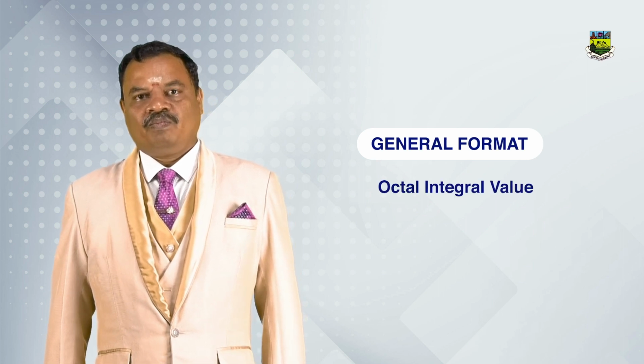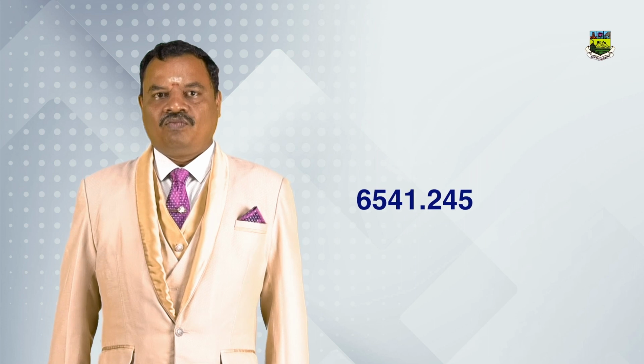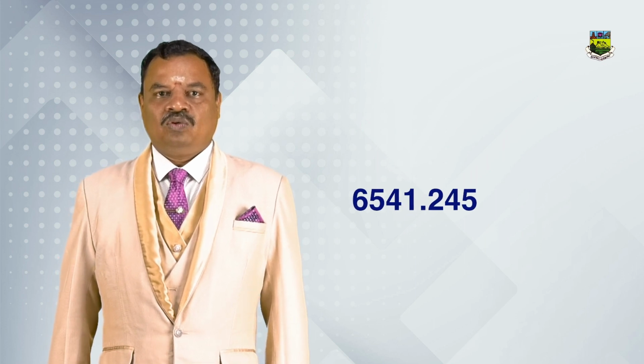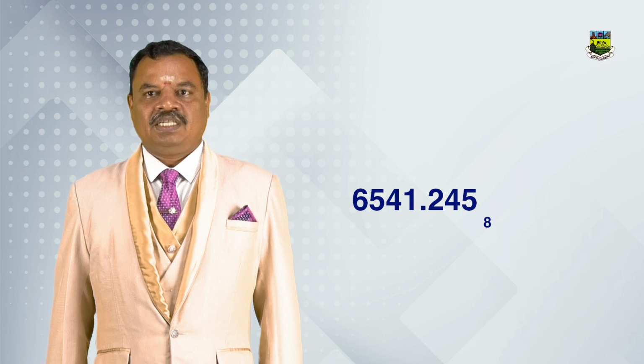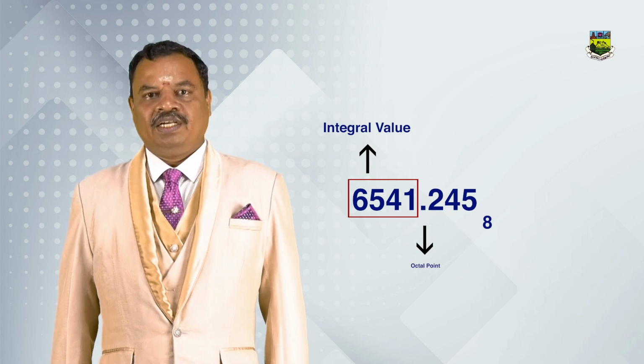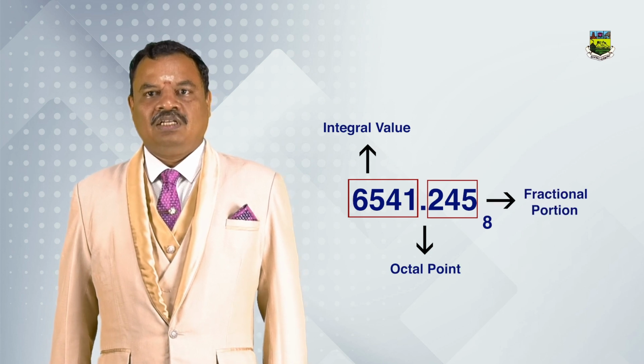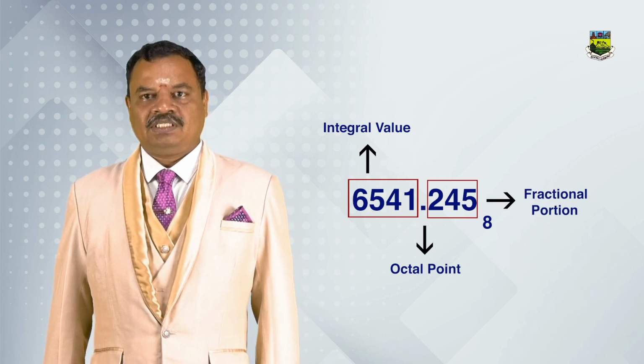So the general format is octal integral value, octal point, and octal fractional value. As an example, 6541.245 base 8. Here 6541 is the integer portion, and the point is called octal point. 245 is the fractional portion, and the base or radix of the number system is 8. We can write the octal number system mathematically as